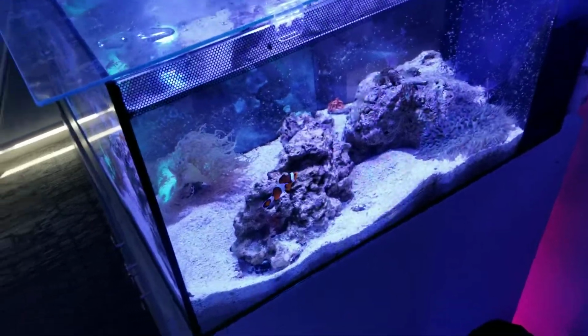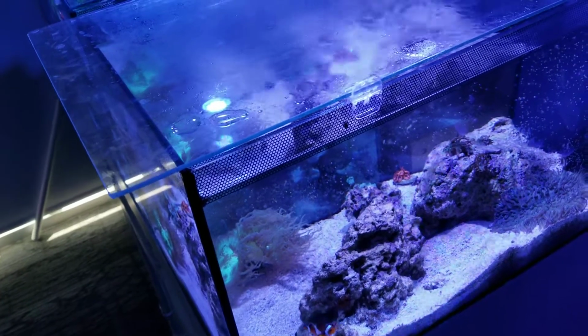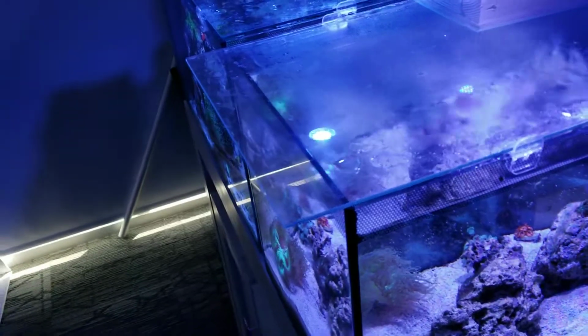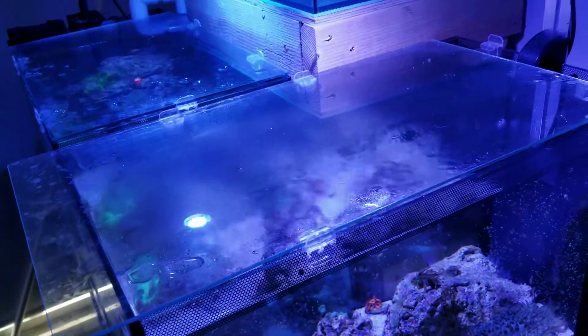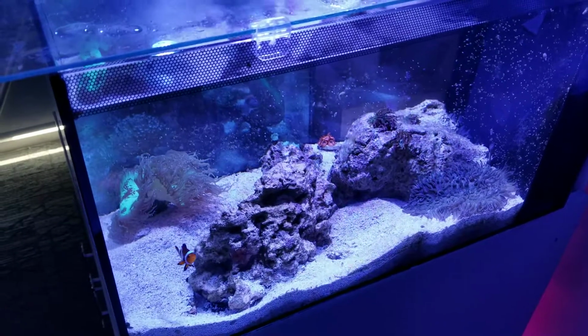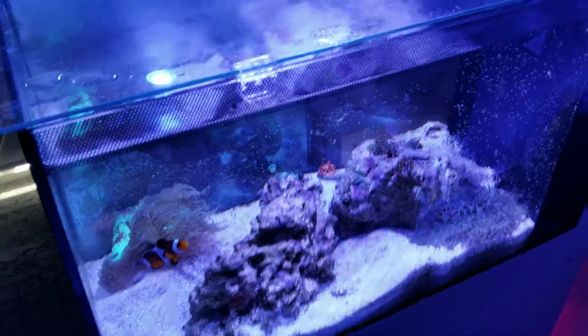Hey YouTube, a request came in to do a full plumbing video on the 2 Fluval Evo 13.5 gallon system with the 20 gallon sump. So I'm going to start right here with the anemone tank. This one is plumbed with 1/2 inch